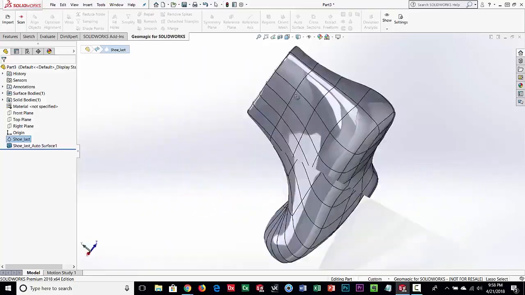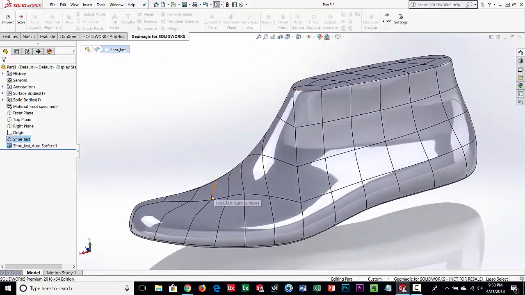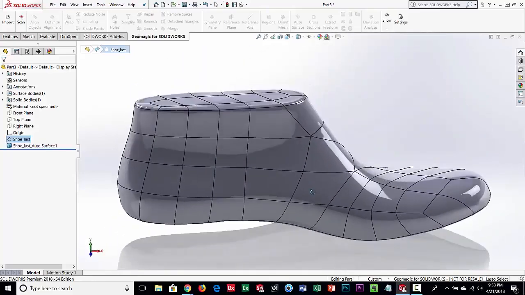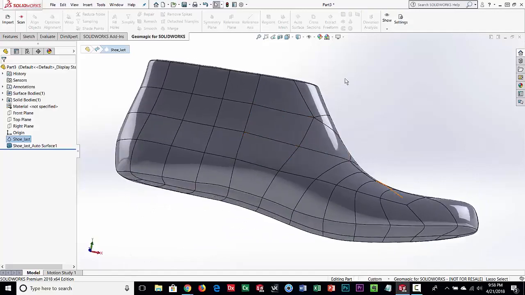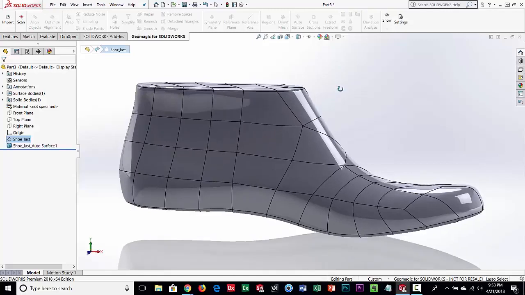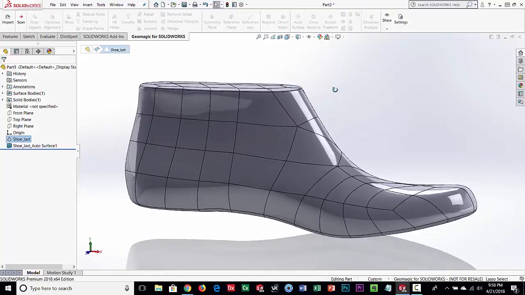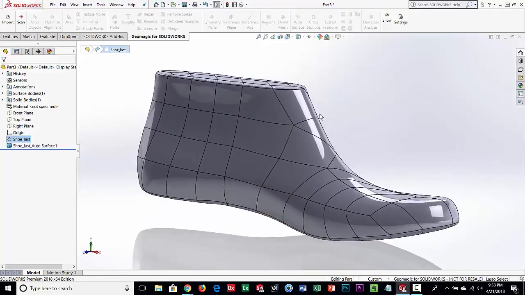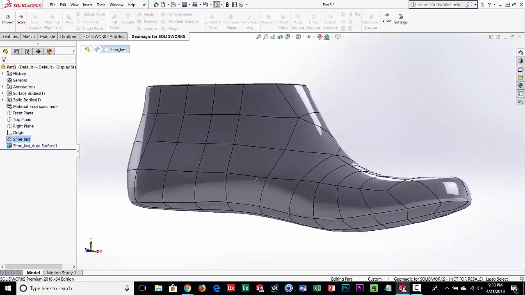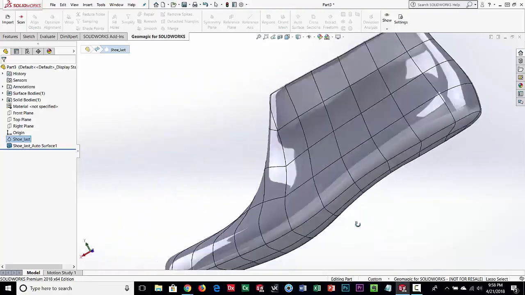Now, with this surface patch model, I can export this as an IGES, a STEP, a Parasolid, which is typically what you need for manufacturing. So if I was done, I could now simply export this and have this CNC machined, or I could have an injection mold made if these were going to be made out of plastic or something. Now, I want to go on and do some additional modeling, but again, this is what an auto surface model looks like, okay?